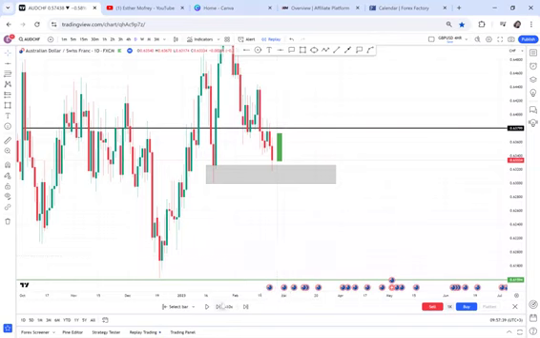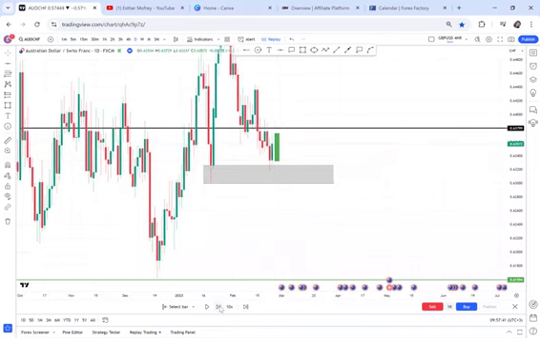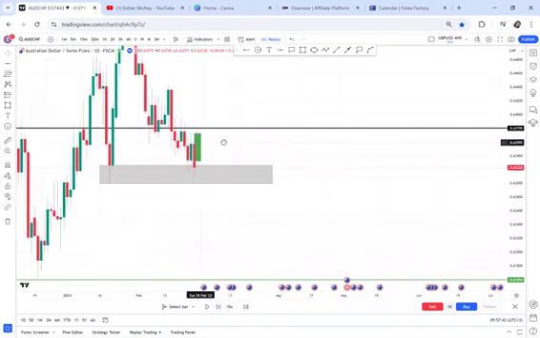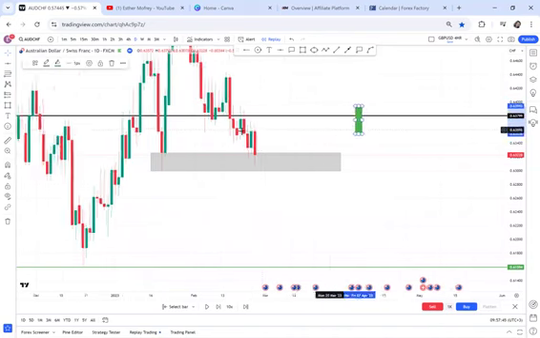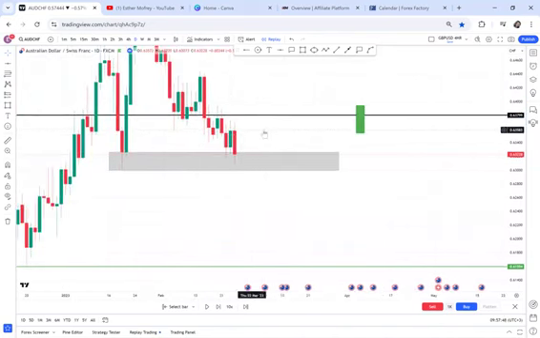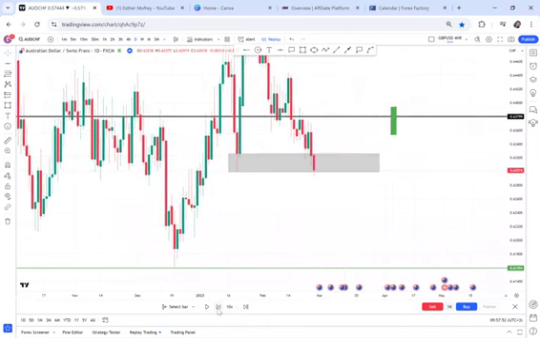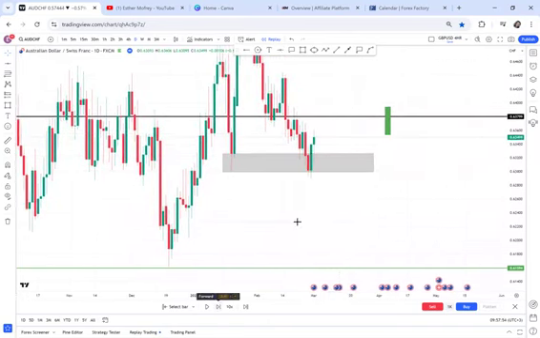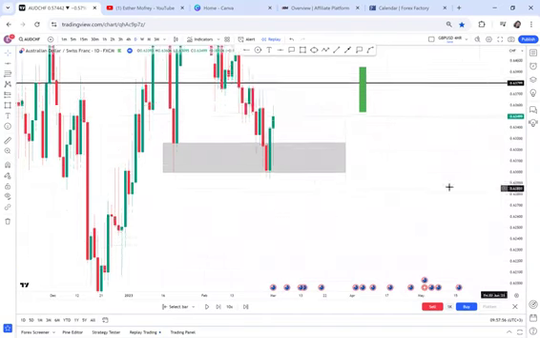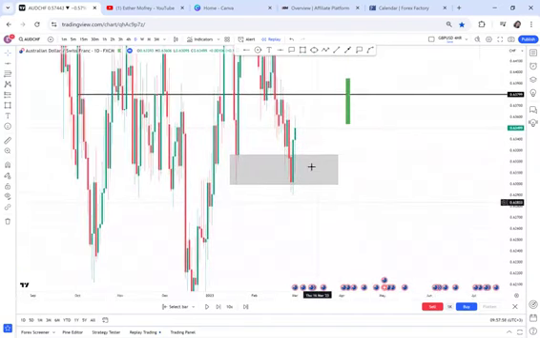Let's see, after it activated, did it give us a green candle? Yes, but it was not an engulf. You see, it was not an engulf. So the market did not give us an engulf. So you can be in, but this double bottom is so viable. And eventually, see what happened? So we got this market